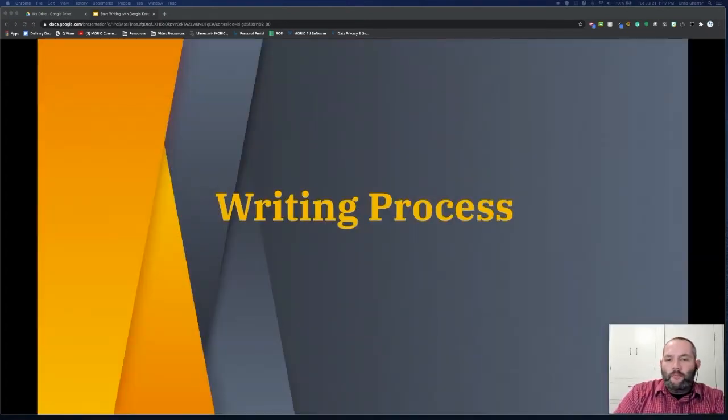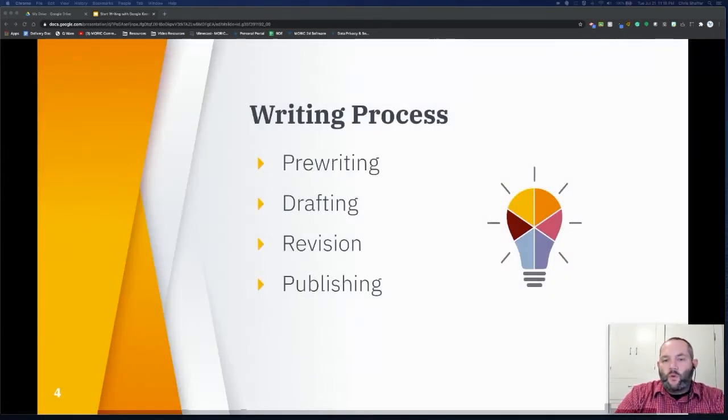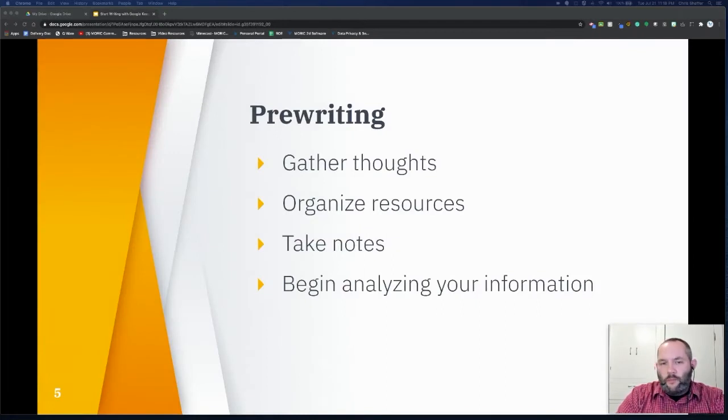So first, let's create that baseline understanding of what I mean by the writing process. Note that for the purposes of the exercise today, I'm going to use a very simple outline of what the writing process looks like. I know that in many cases, teachers like to promote that students will work in and out of these steps multiple times throughout a given writing assignment. But for the purposes of time and my own sanity, I'm going to keep it simple with this fairly straightforward approach. Here you can see the basics of the writing process: pre-writing, drafting, revision, and publishing. So what do I mean by those steps?